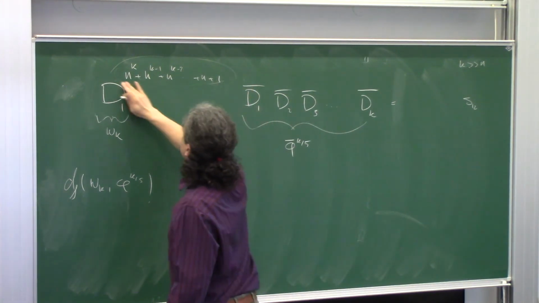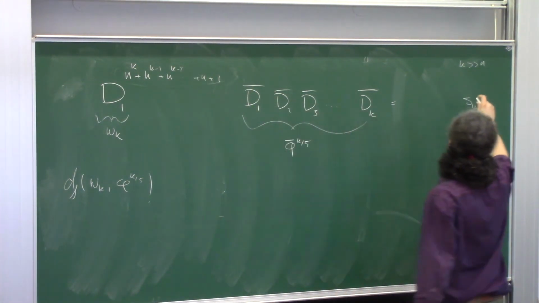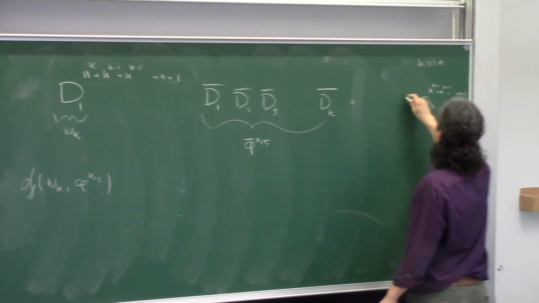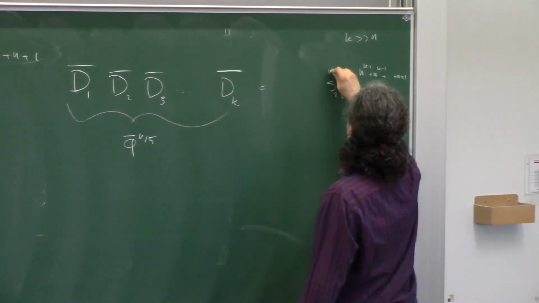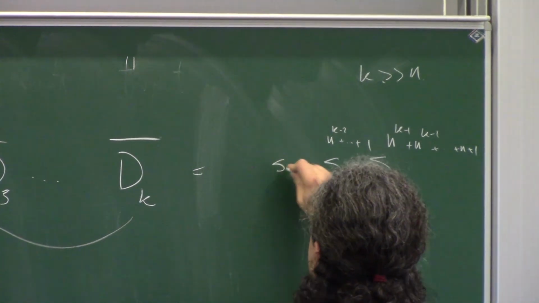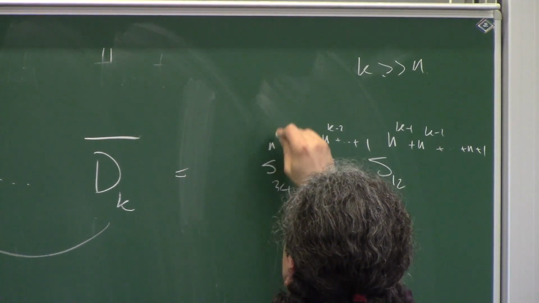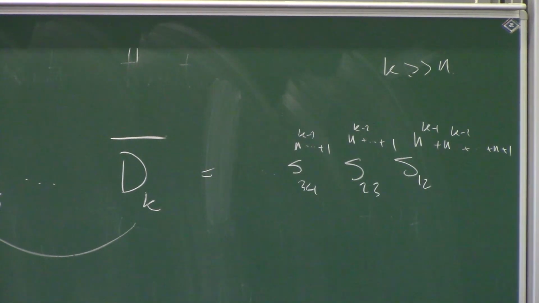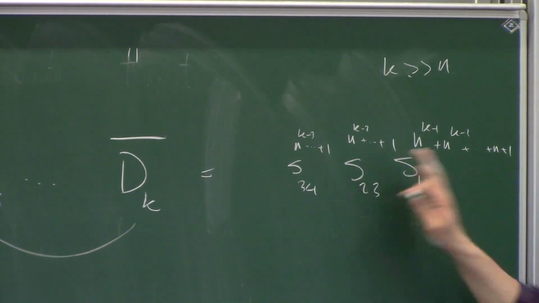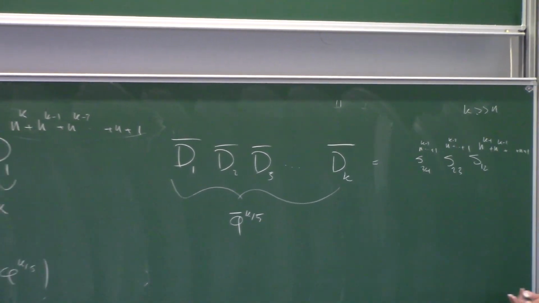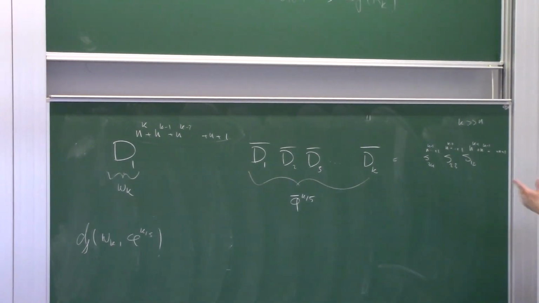Yeah, maybe I write explicitly instead of naming it. It would be n to the k minus 1 plus n to the k minus 2 plus n plus 1. Then I have to do S23, n to the power of k minus 2 all the way to 1. Then S34, n to the power of k minus 3 all the way to 1, and so on. So there's a nice word like that, which uses only these big powers to write this down. So that gives me the upper bound, and the L gives me the lower bound.